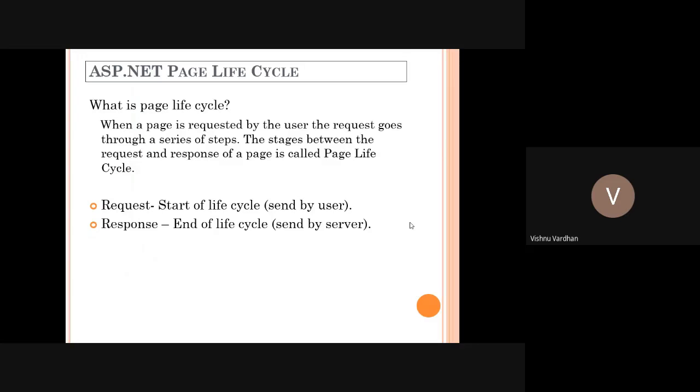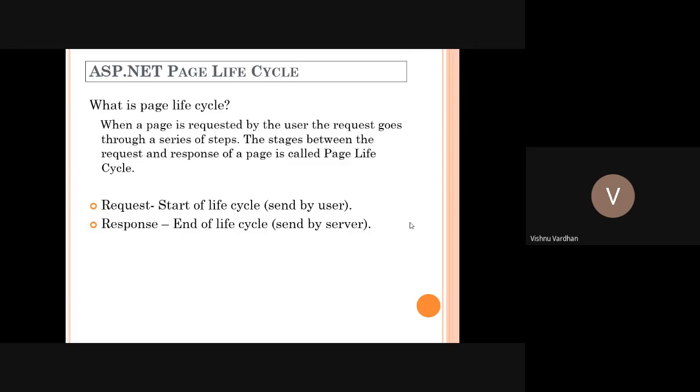ASP.NET technology is considered. Okay, so the ASP.NET page class is the first topic which we have to learn. In this, we will come to know what a page lifecycle is and why it is required to understand it properly before creating any web page for your program. Okay, so the ASP.NET page lifecycle.